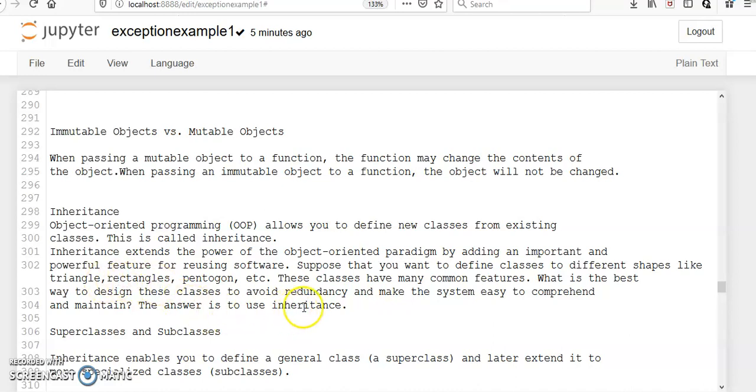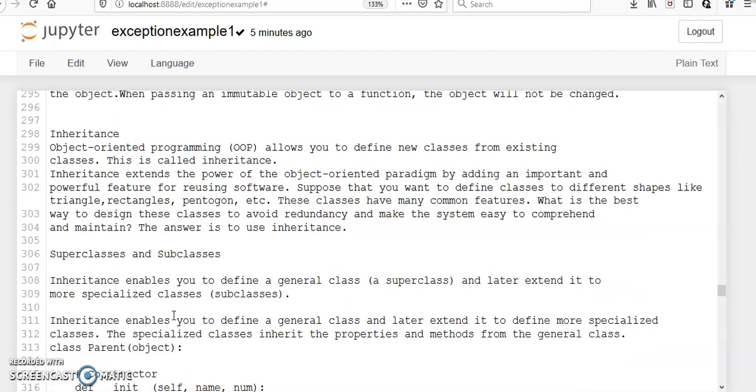So these classes have many common features. What is the best way to design these classes to avoid redundancy and make the system easy to comprehend and maintain? To avoid redundancy and make the system comprehensible, we have to use inheritance.